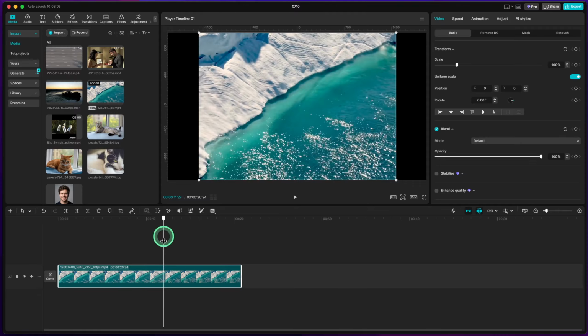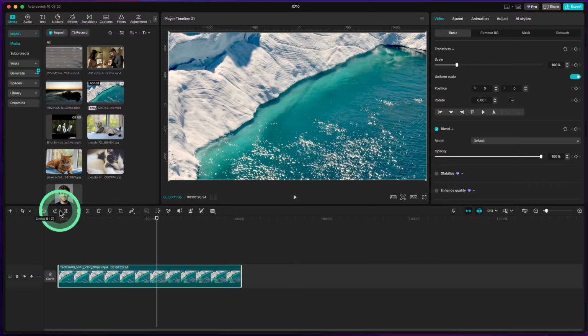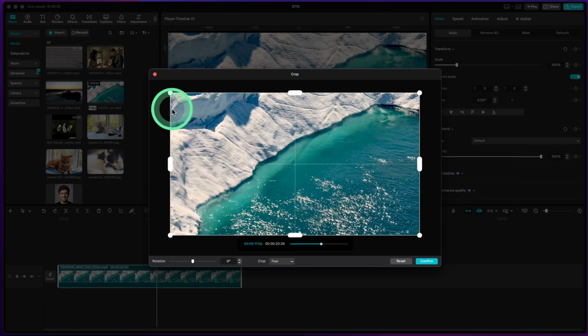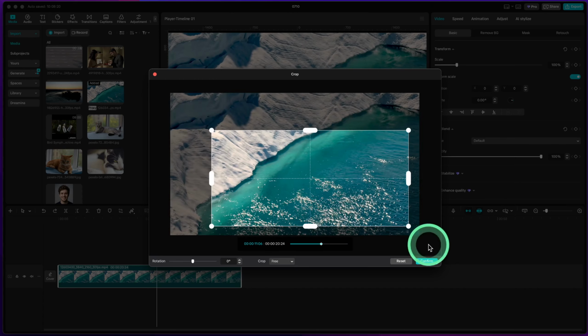If you're not completely satisfied, don't worry. Just use the undo option to revert the changes and recrop the video as necessary. Finally, once you're happy with the cropped result, save your project or export the video. Saving ensures you can come back to your project later, while exporting creates a final version of your video that's